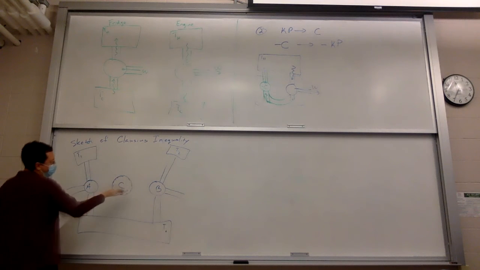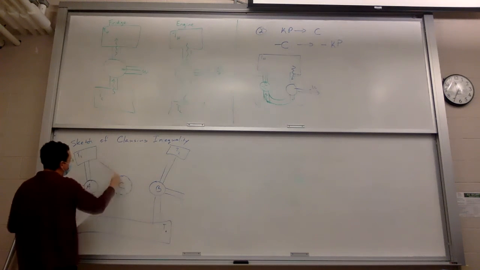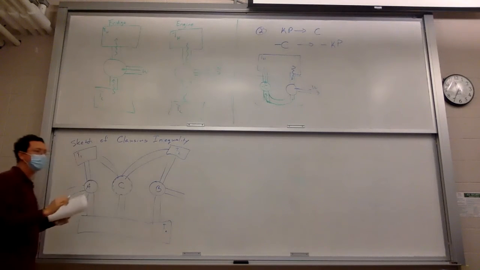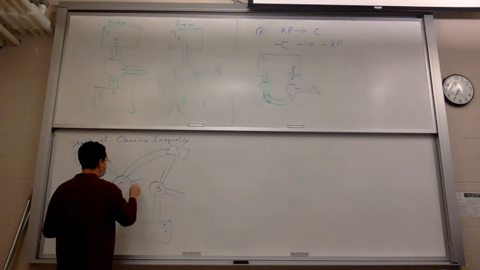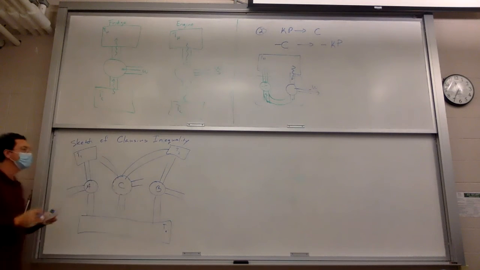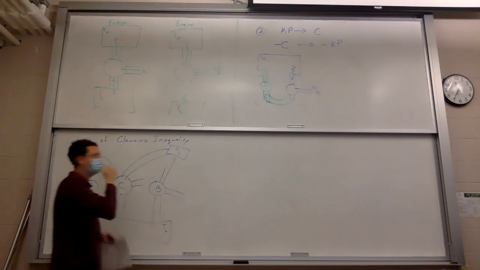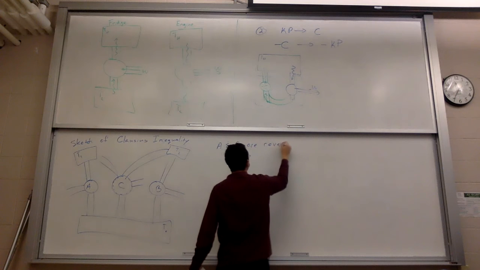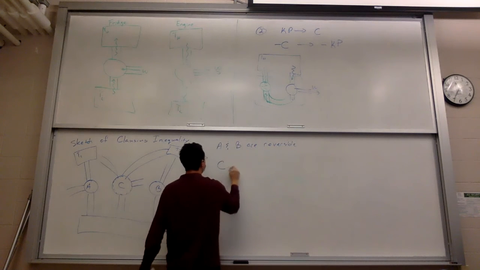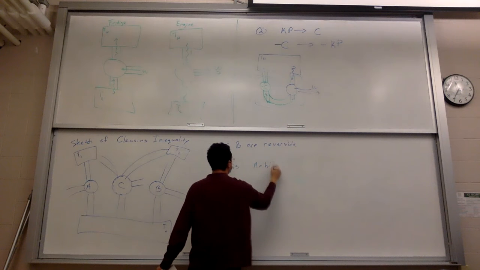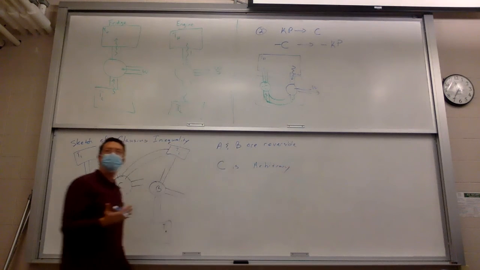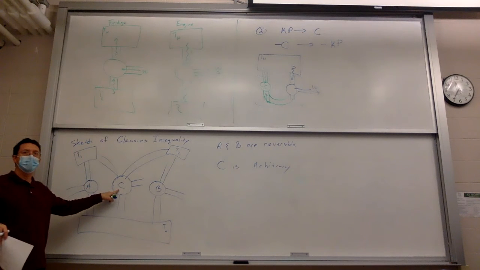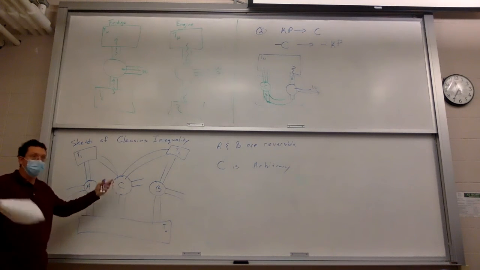And then C, it's just a machine. Who knows what it does? Maybe take some heat from here, some heat from here. It could be in general, just whatever. And dump some heat here, whatever. And then maybe it consumes or produces work itself. Okay? C is basically arbitrary. A and B are reversible. C is arbitrary. Okay? But once you start including something that's arbitrary, then the statement you derive is for anything.